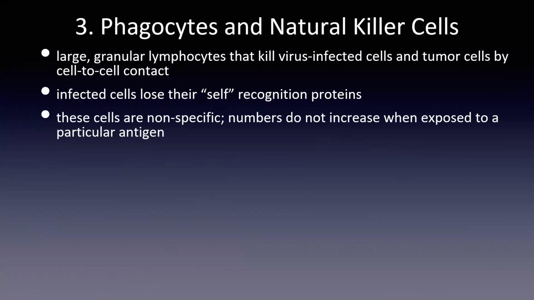And their numbers don't increase when exposed to a particular antigen, unlike adaptive immunity, which we'll learn about later in this class. So kind of like James Bond again, he's going to fight off the baddies anytime, and he's not going to have the cavalry of police supporting him right away, or at least not until the end of the movie, right? So the numbers of James Bonds don't increase. You have a certain number and they fight off things.